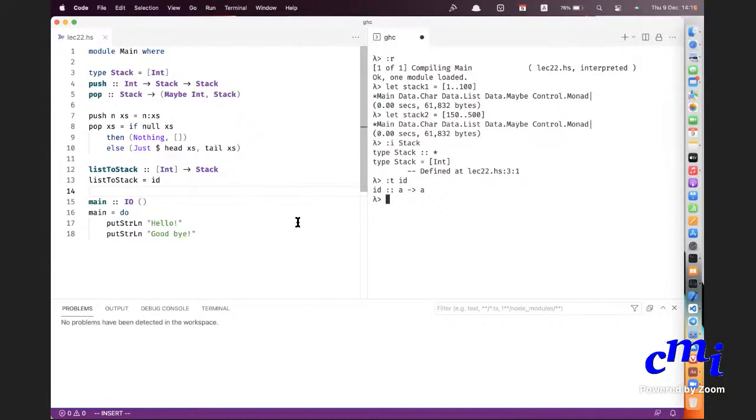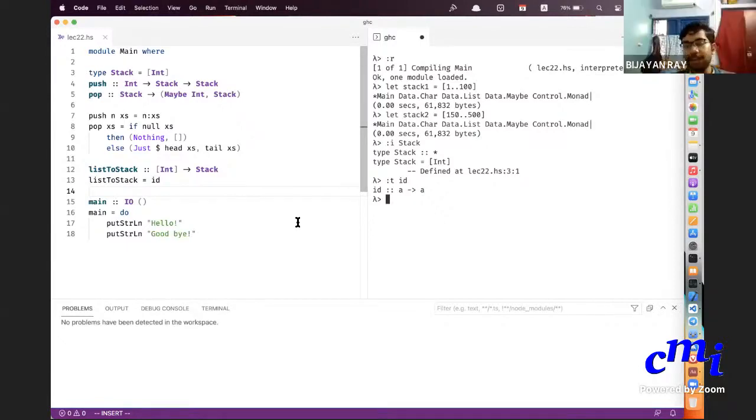Sir, if we don't want to print that stack and still want to pop, then can the infinite list also be included? Yes, the infinite list will also be a stack.